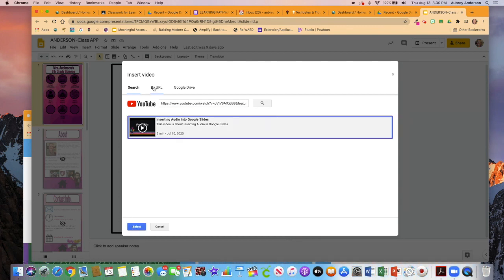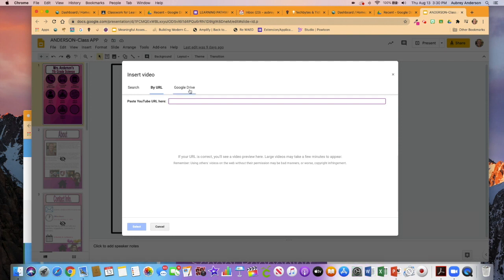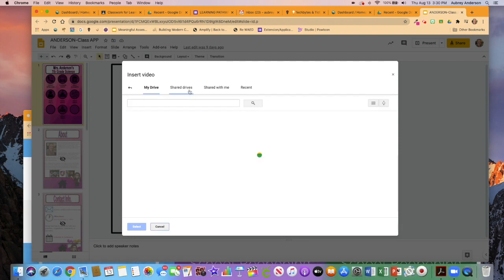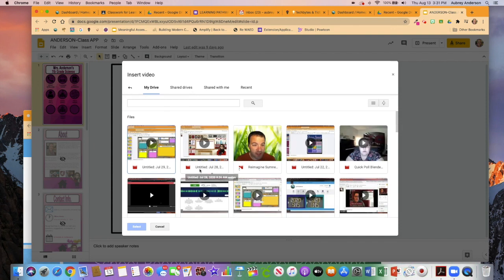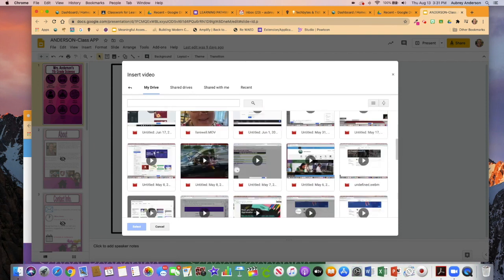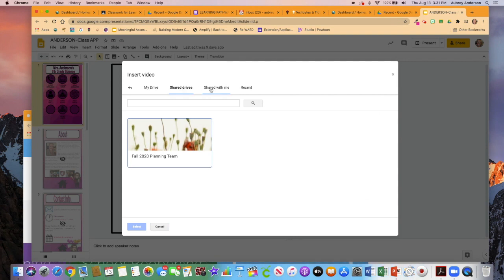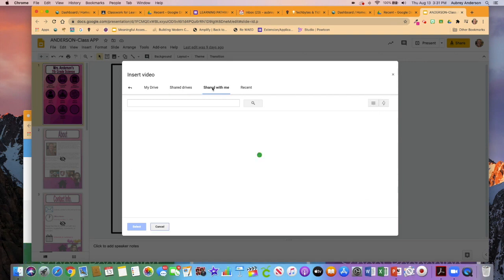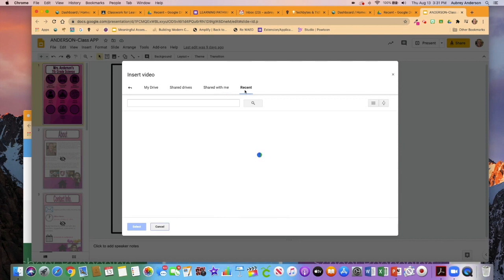You have two other options. One would be by URL. If you're pulling it from an outside source, then you would just paste the URL there. Or Google Drive, and this one is probably what's going to be most used by you. These are going to be any of the videos that you've recorded in Screencastify. You have some options here as well: videos that were shared in shared drives, videos that were shared with you specifically,